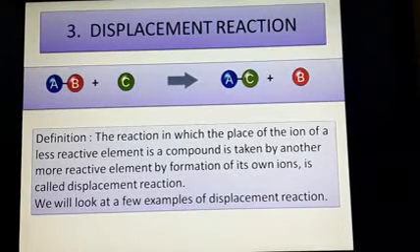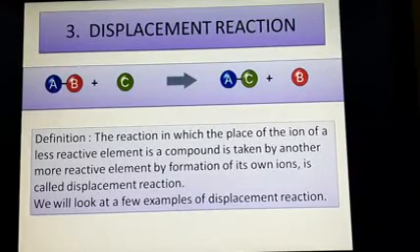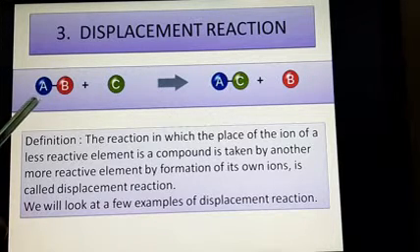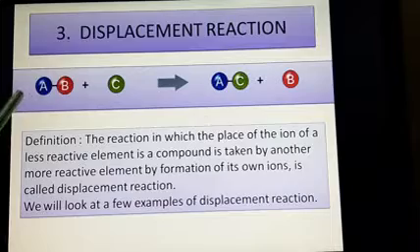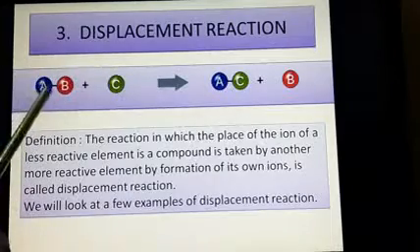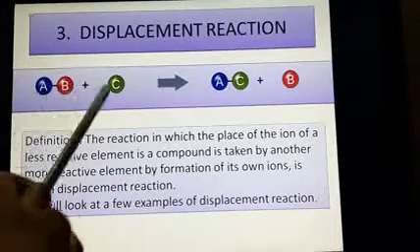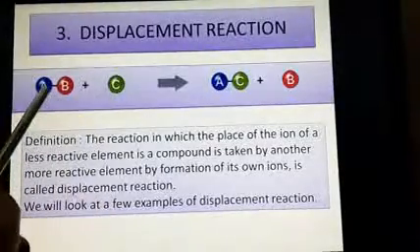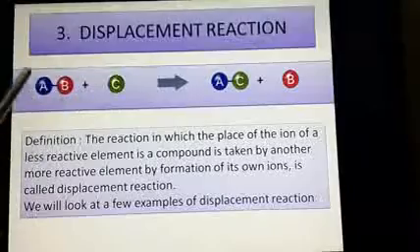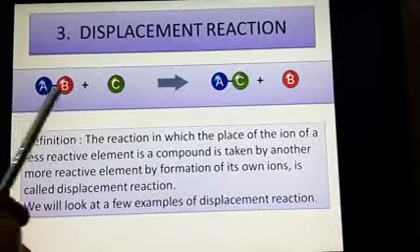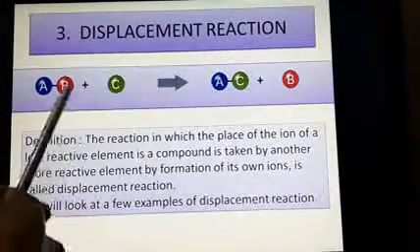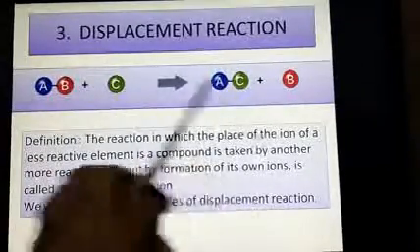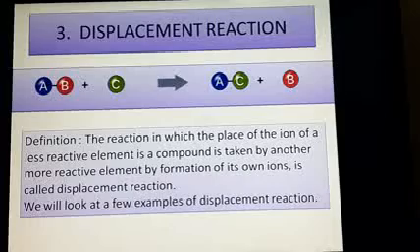The next type of reaction is the displacement reaction. Now diagrammatically we can show displacement means taking somebody else's place. So here you have a compound AB, you can see the bond, and you can see this element C is going to push the element out and take its place. In this case it's pushing the B element out and taking its place. So you get AC and B has lost its place, or it's displaced.